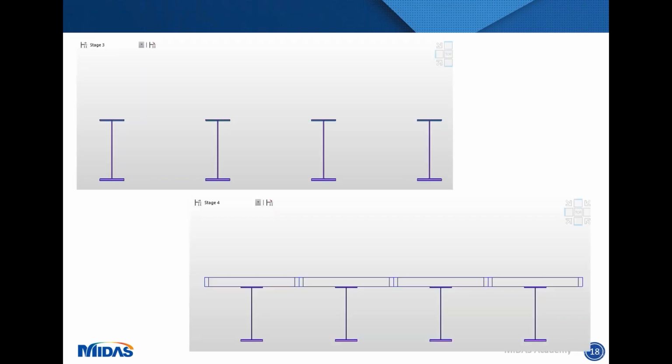For the loads, I've activated the superimposed dead load, which would include the surfacing, the parapet, and the concrete pavement. Just alluding back to what I was saying for the different elements for the steel, the software is able to pick up the two different parts that make up your main steel girder. As you can see, the upper part is at stage 3, where if you're looking at the element view with it being fleshed out, all you have available to you is a steel girder. Whereas on the second part of the slide, the bottom part there, at stage 4, the top part of the element is now activated. So we now have the beam essentially composite for that view, where we have the steel element and the concrete element together.